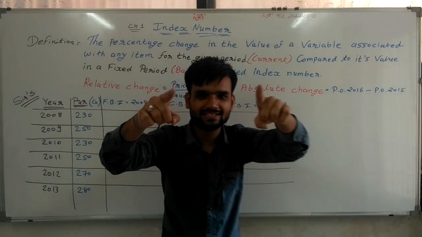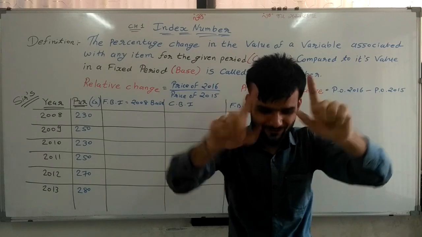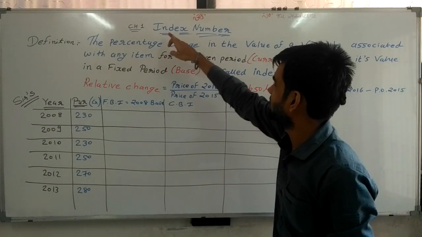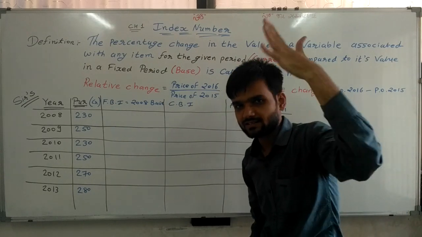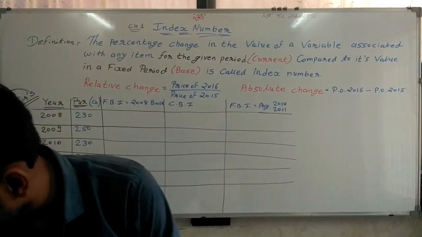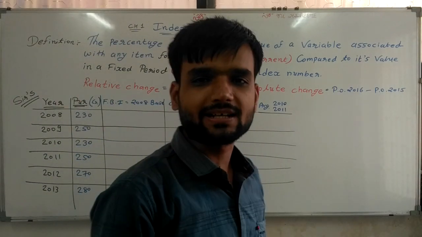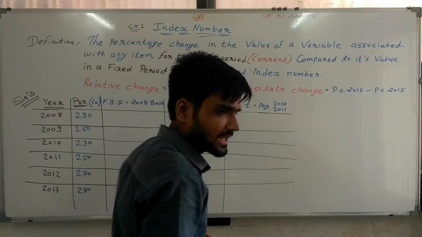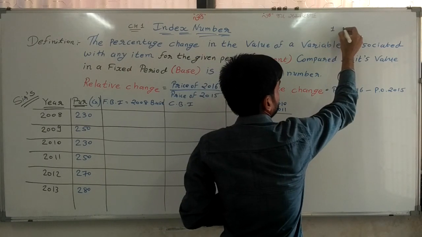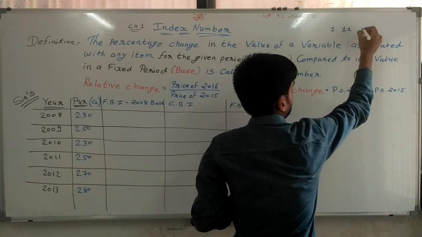Hello students, today we are doing a new chapter, and the chapter name is Index Number, chapter number 1. This chapter is also of 12 marks. In this chapter also there is a 1 marker MCQ, 1 marker VSQ,